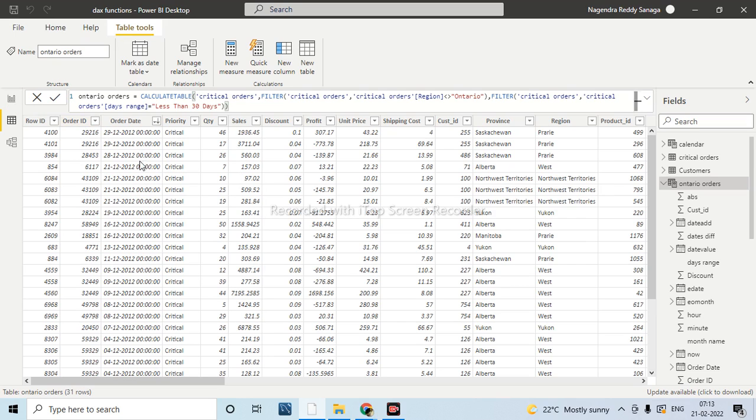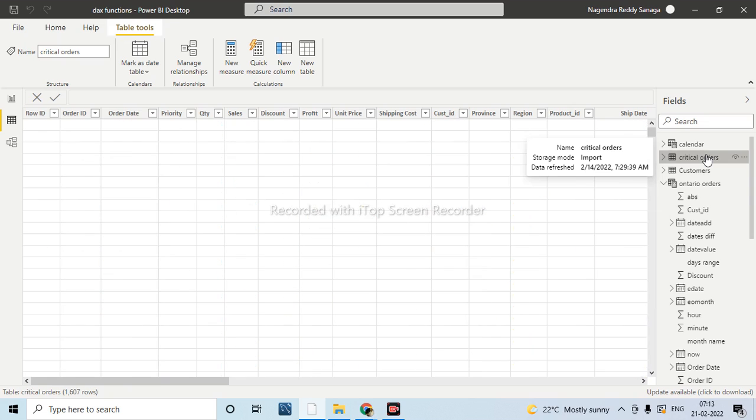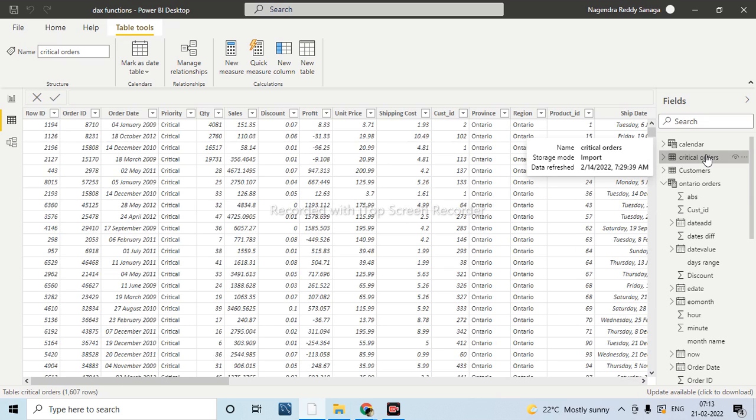Earlier, we built the dashboard completely. Now my requirement is to see more information. Here in the priority, we are taking only the critical orders, right? If I want to see more information, because from the data source itself we have taken only the critical data, instead of doing this whole calculation again, we will directly go to the Power Query editor. We will load up the remaining priorities also.